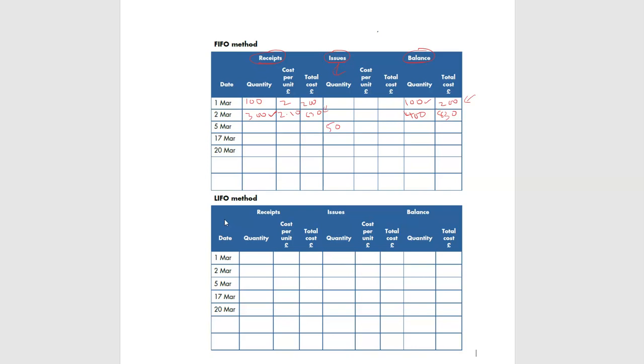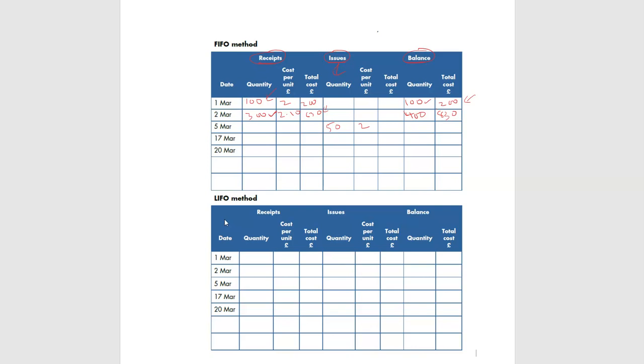Because we want to use all of this from the first 100 first. They want to come back to the 300, so we want to use everything we have from this 100. Until the 100 is finished, we're going to keep using from there. Then once everything is finished from the 100 units, we move to the 300, and then we will charge the price of £2.10. So we have 2, so that gives me a total cost of 100,